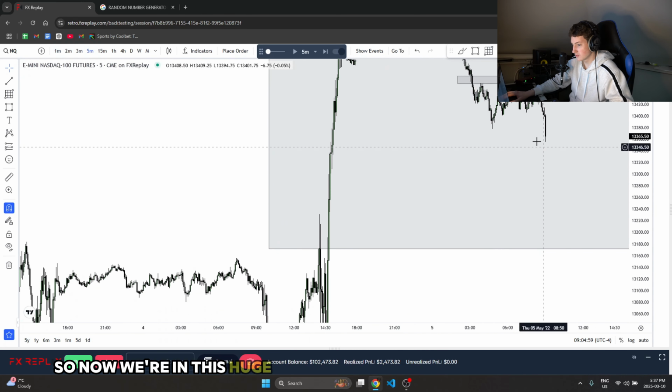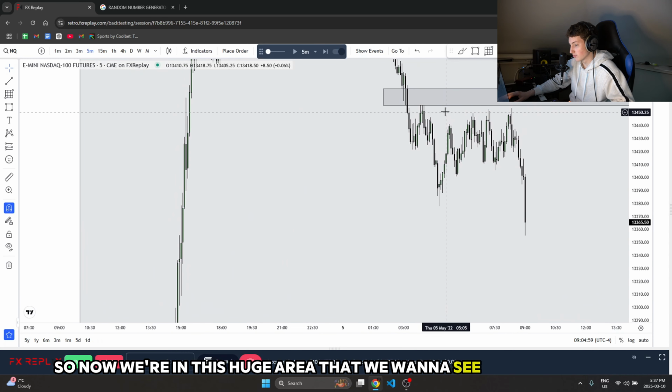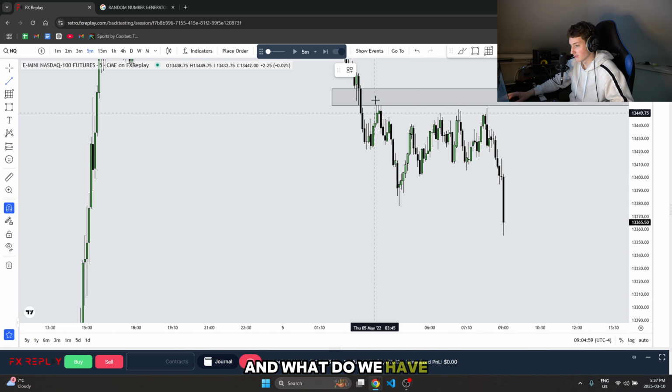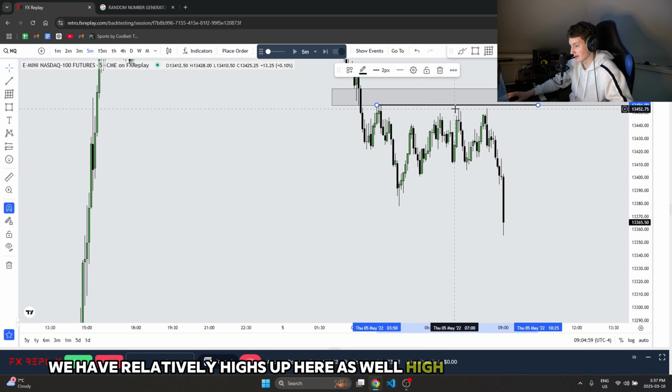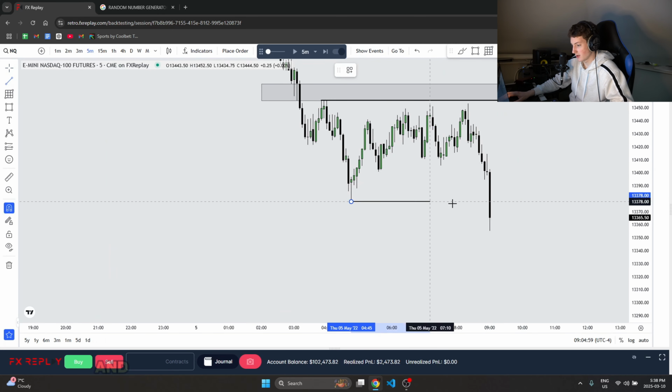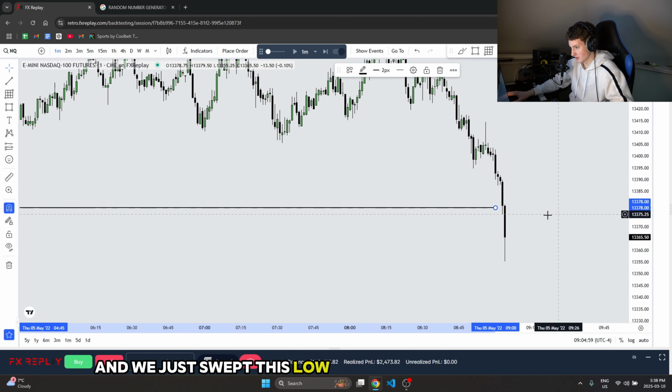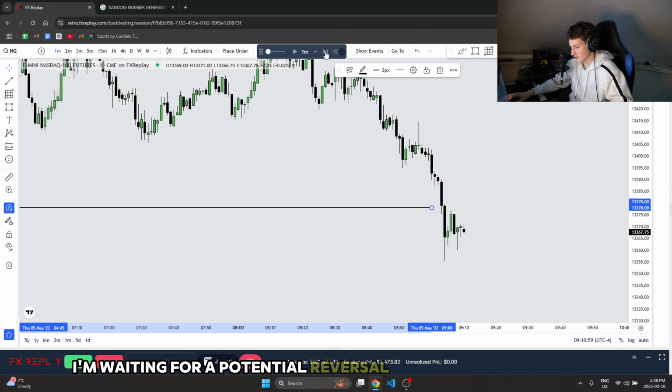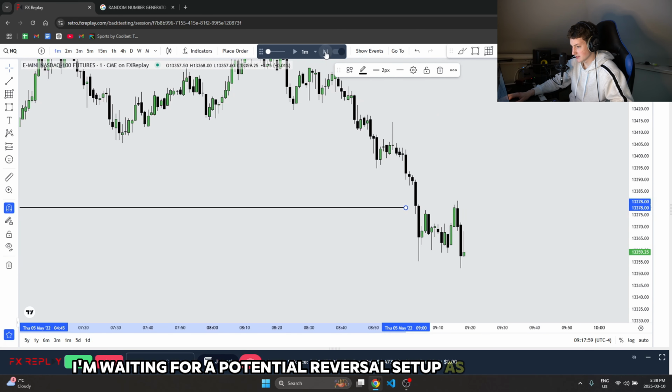So now we're in this huge area that we want to see rejection, okay? And what do we have? We have relative equal highs up here as well. High, high, high, all in a line. That's a target, okay? And we just swept this low. So now what am I waiting for? I'm waiting for a potential reversal setup, as you guys know,